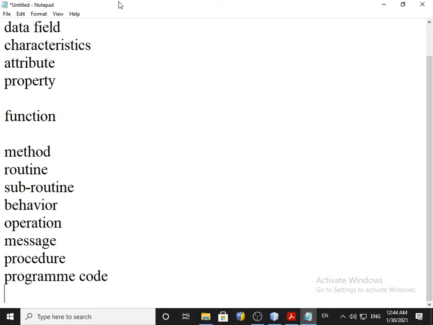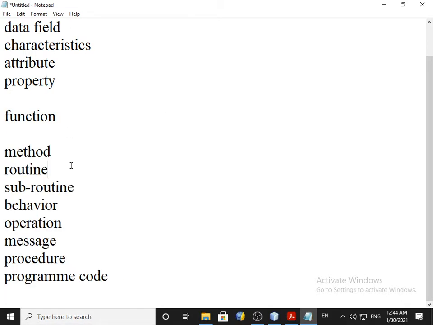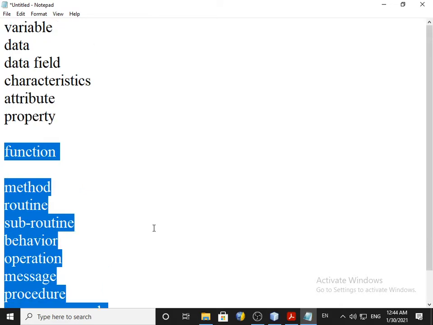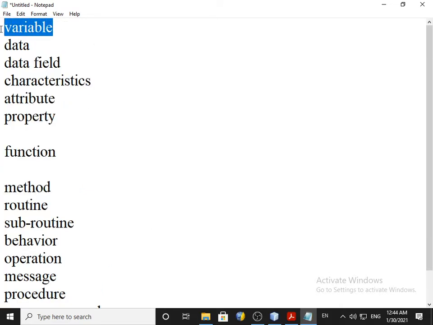All these are the same. Function has these synonyms. You can pause my video and write them down in your book if you want to remember. These are the synonyms of function, and these are the synonyms of variable.